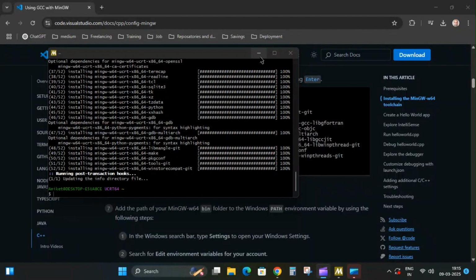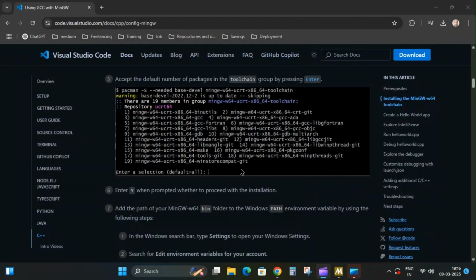Now this installation is also completed. The next step is to add the path to the environment.